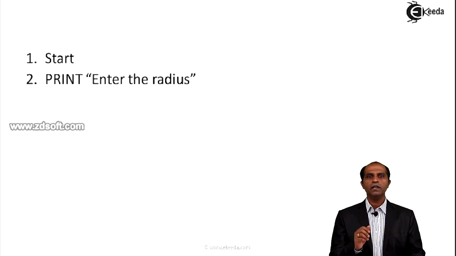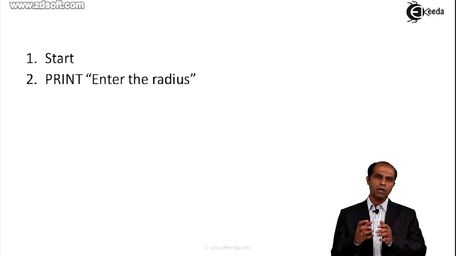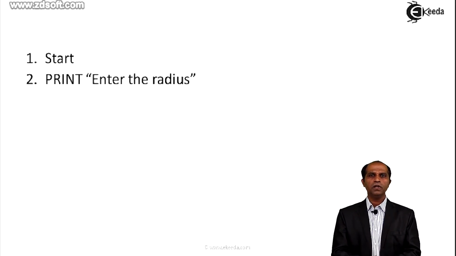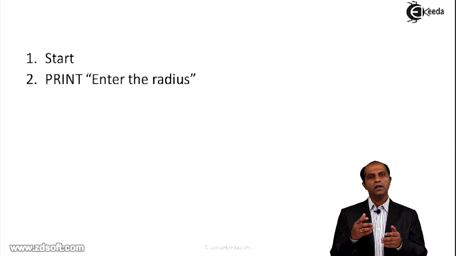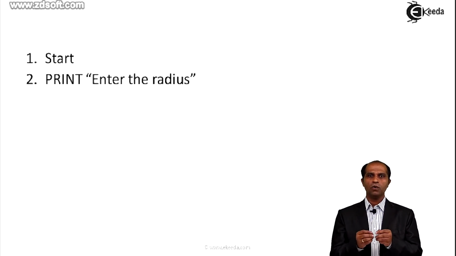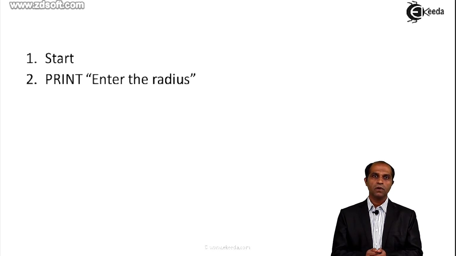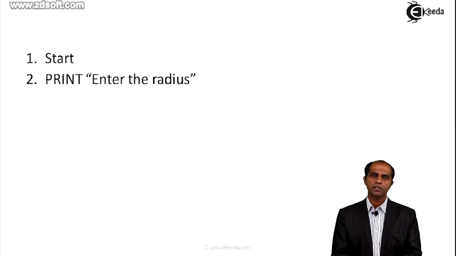Now the algorithm which we are discussing at this point is called a pseudo algorithm, which means that we are going to have some influence of programming language onto the algorithm. As usual, if I had to say C language, then I'll be saying printf enter the radius. If I'm saying C++, then probably I'll say cout less than enter the radius. If I'm using Java, then probably I might say System.out.println enter the radius. So I'm somehow getting influenced by the programming language and implementing it into the statements.